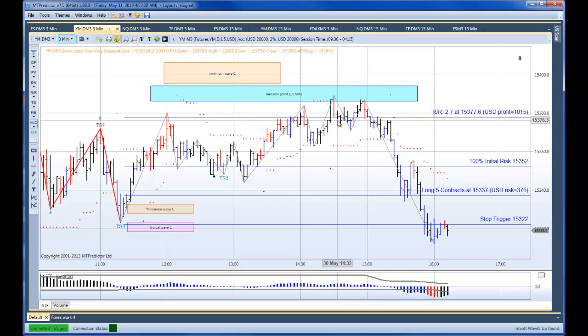2:30, why you would have wanted to stop and reverse to a short trade at this particular time. So here you would have been stopped out of your long trade. That's why I want to go over that, to give you at least two reasons why on your YM you wouldn't have gone to the first target. You'd have looked to come out a bit earlier because of the position of the ES and also because of